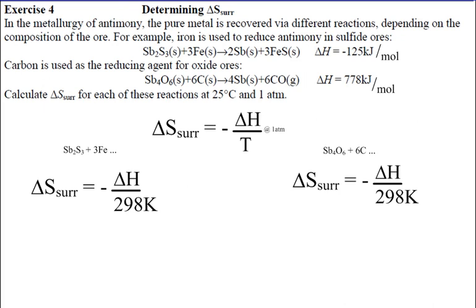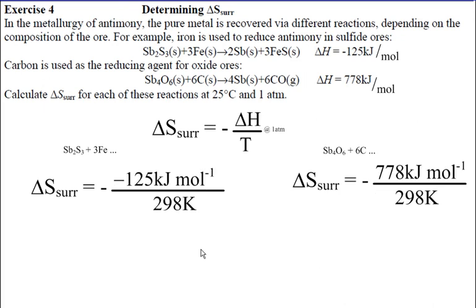Since both reactions are occurring at 25 degrees Celsius, 25 plus 273 is 298, so we have 298 Kelvin. We have to plug in delta H for each of these. And since the first one is an exothermic reaction, we made sure that the 125 was negative. And since the second one is endothermic, we made sure that one is positive. When you divide these out and then make sure you take the negative of each one, you come up with